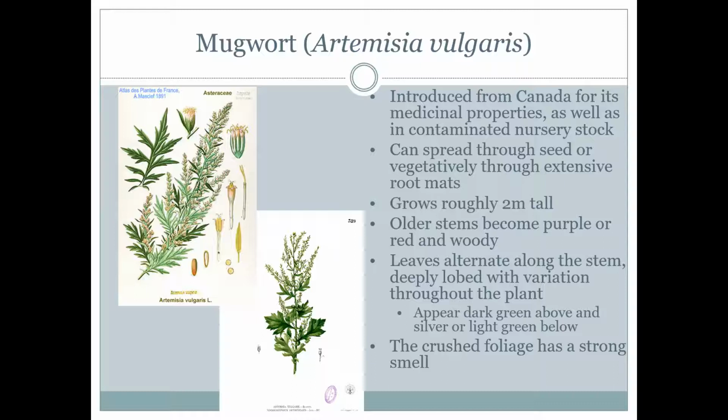But I can't say yay or nay whether it actually does have any effects medicinally, but it was introduced for that reason. It spreads pretty aggressively through extensive root mats, which makes it really tough to get rid of, whether you're doing mechanical or chemical control, but I won't get too in depth on that second one. It gets about 5 or 6 feet tall,